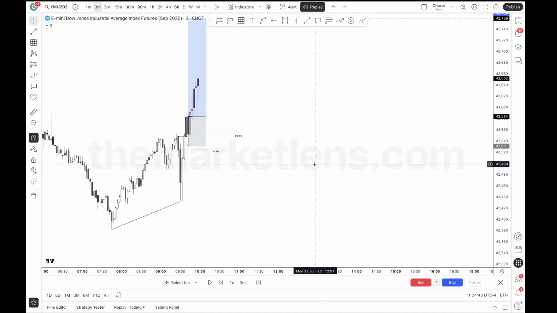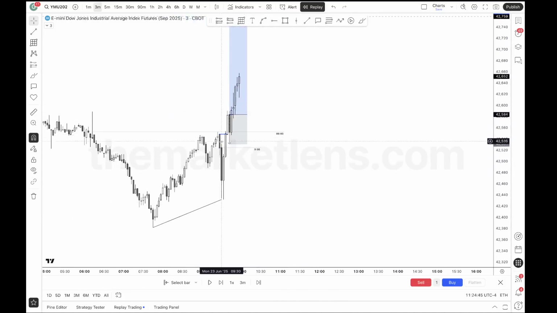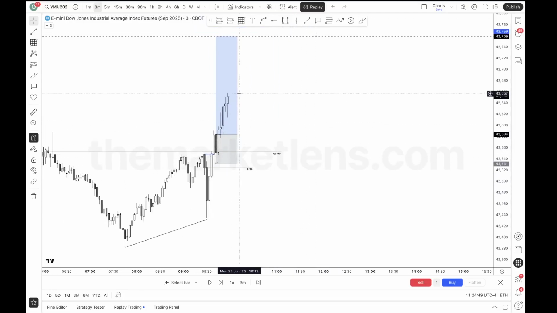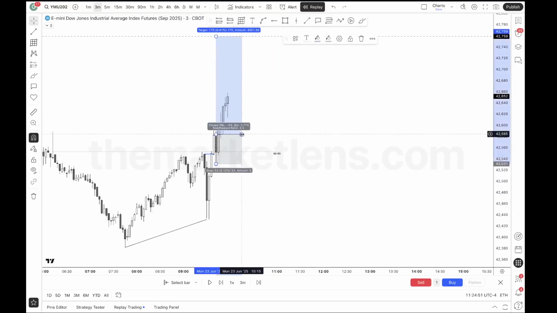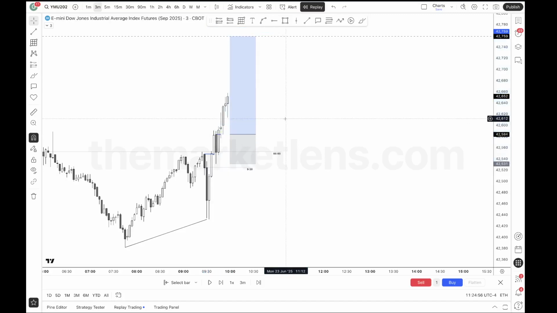930 reversal. I have the continuation signature. Really, you could have entered here on this opposing candle. You probably should have done that. But you're going to see what happens to me, man. I get done dirty. So to me, this is so one-sided that when I have a one-sided bias, I do not take partials typically.